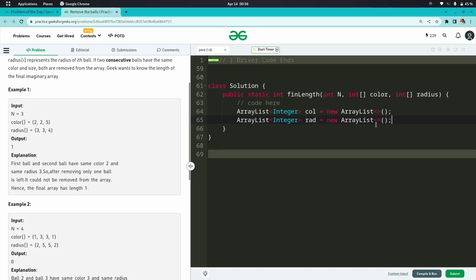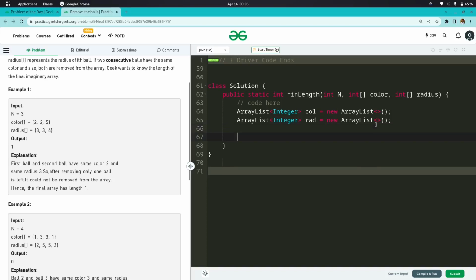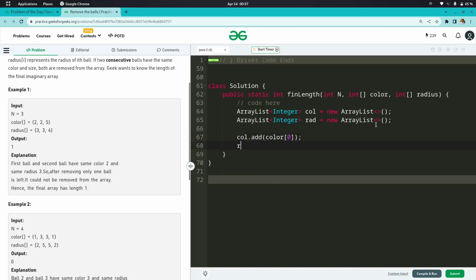Then we will add the first element of the color array to the color array list and the radius array to the radius array list. So let's add it. So color dot add color 0 and radius dot add radius 0, right?